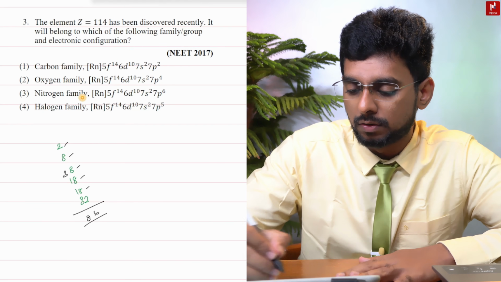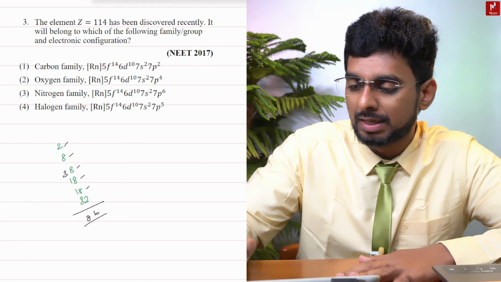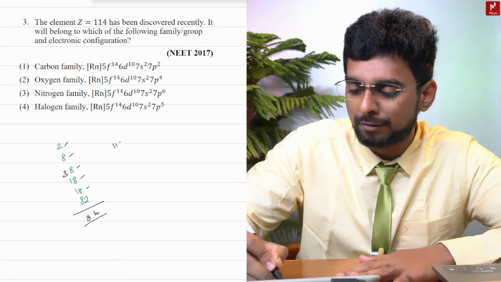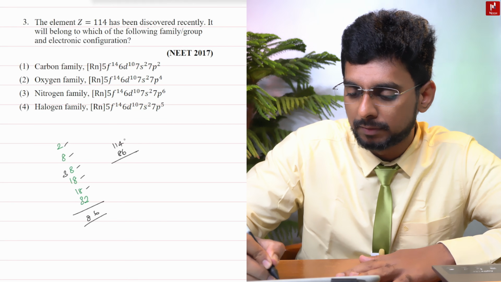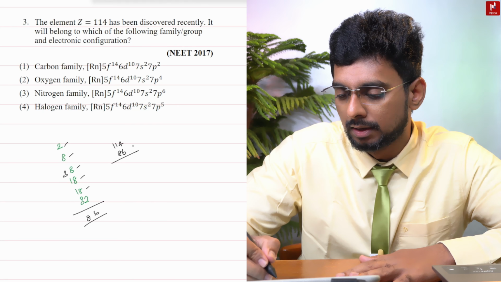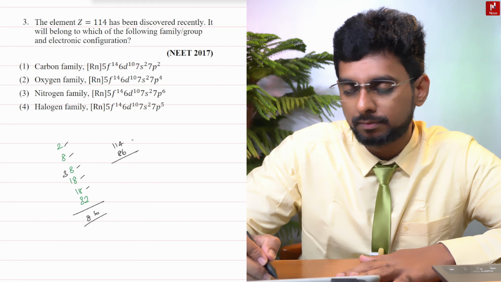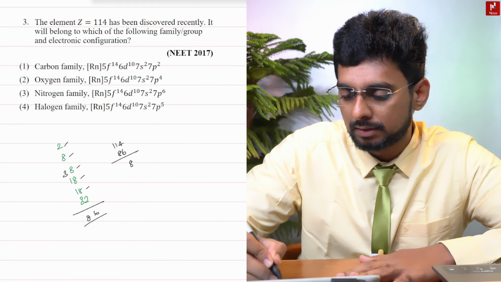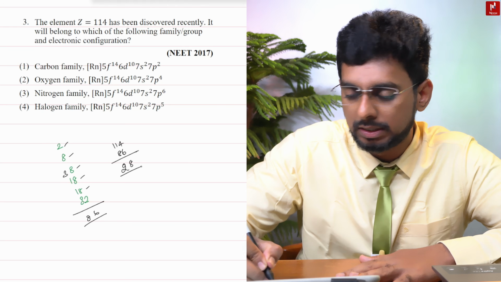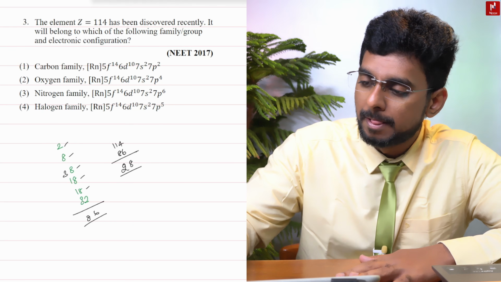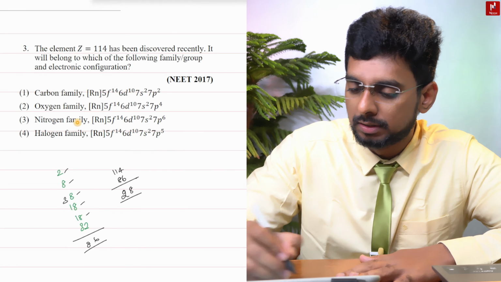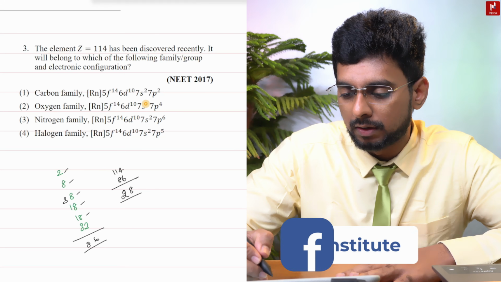So here, to put that one, I just need to know the difference. The difference would be 114 minus 86. Got it? That's going to be 14... 14 minus 6, that will give you 8. You would have got 28. So I just need to fill the 28 electrons into the upcoming subshells. So if I have to fill those 28 electrons,